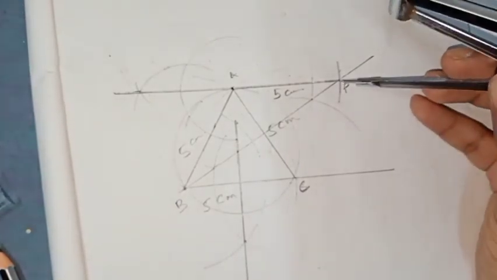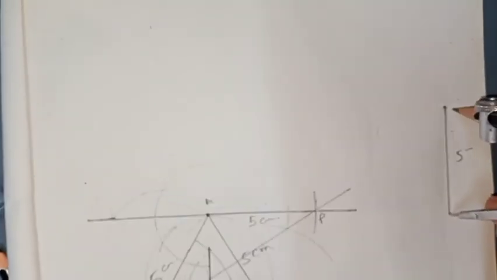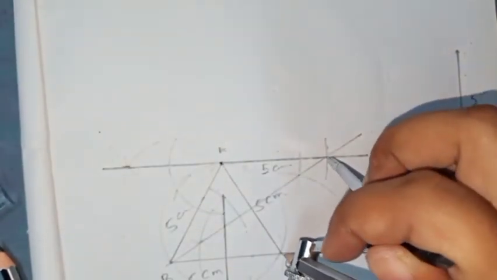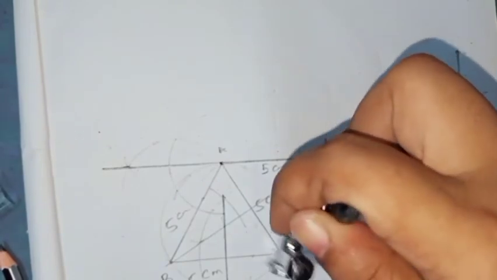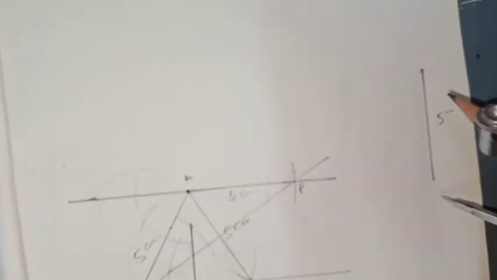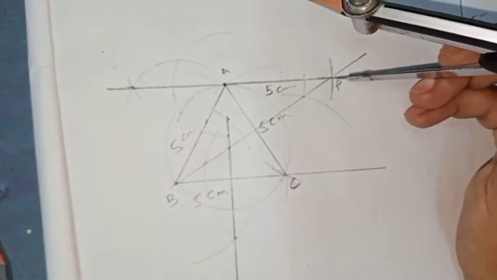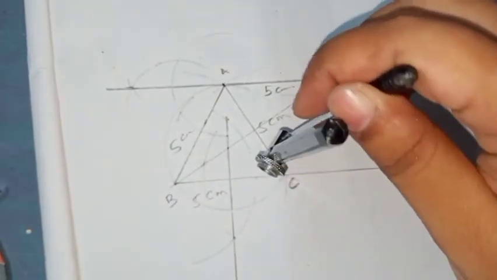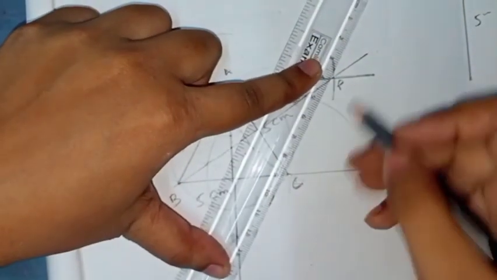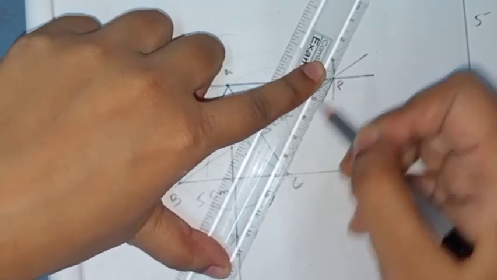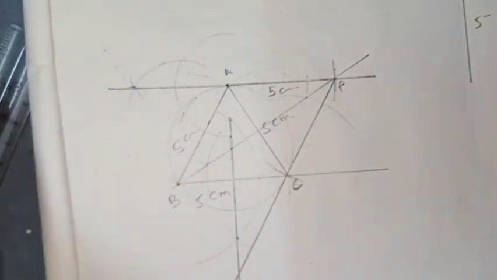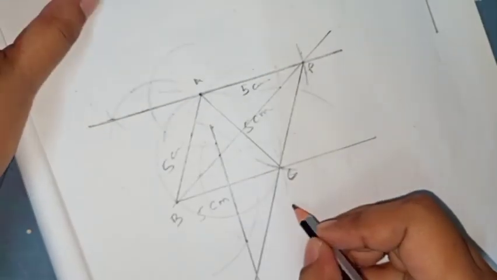Then at that time what you will do, you will take the same 5 centimeter length and put it in point P and cut here. Means in circle you have to cut in circle. Okay, I am taking 5 centimeter, this one. I am putting in point P and I am cutting the circle. So it is cutting C point. It means what is your observation, that when we are making tangent from point P, it is intersecting at point C.